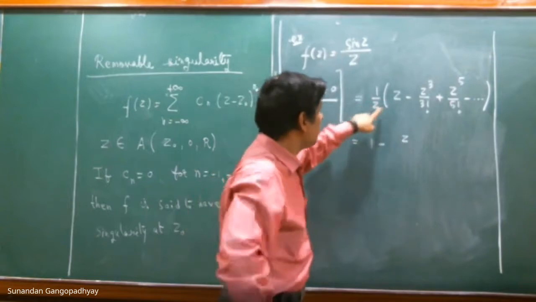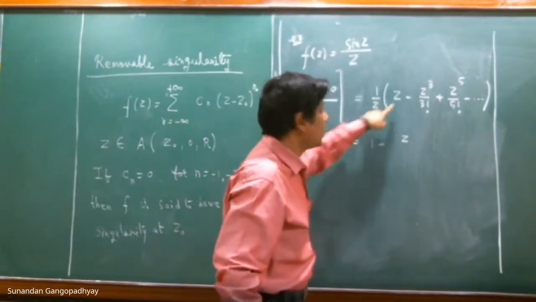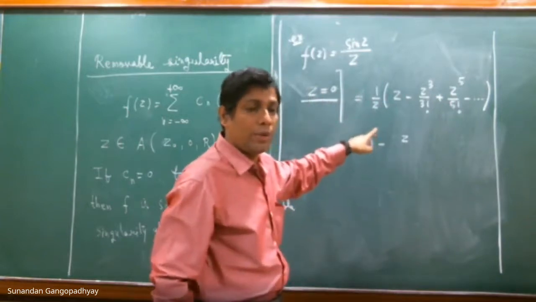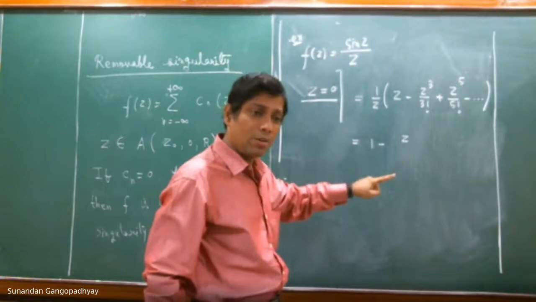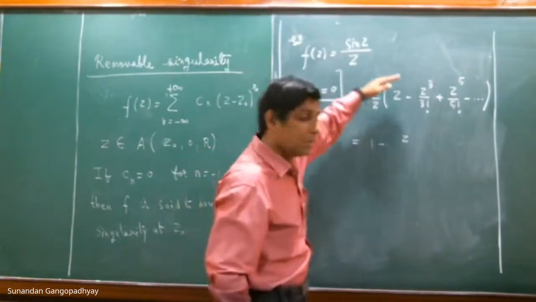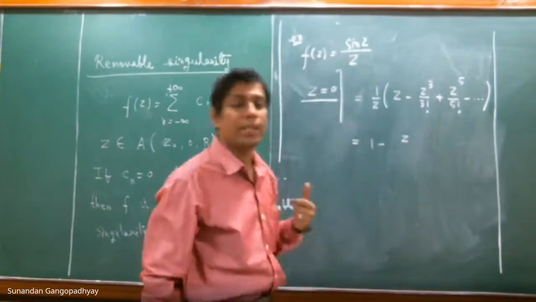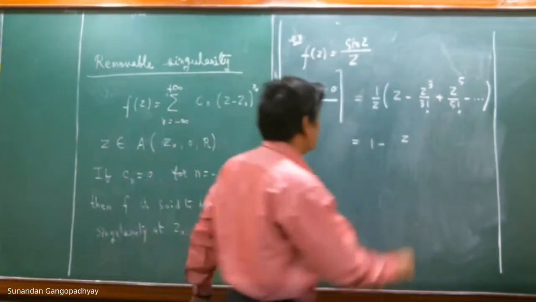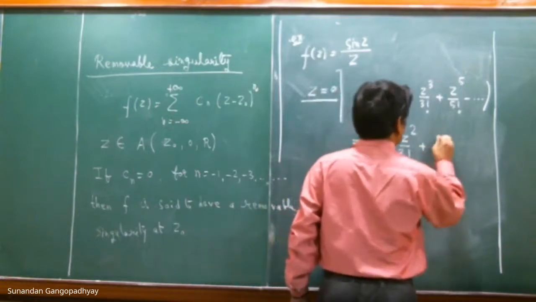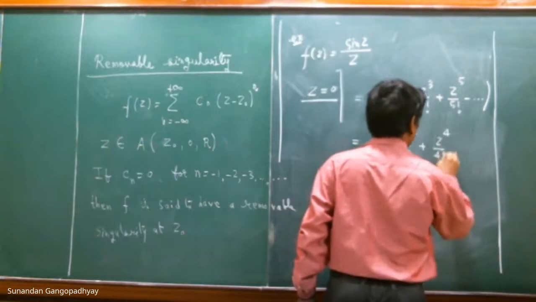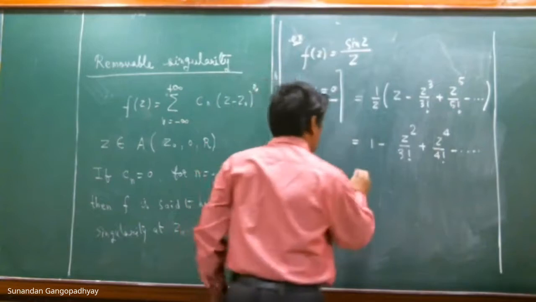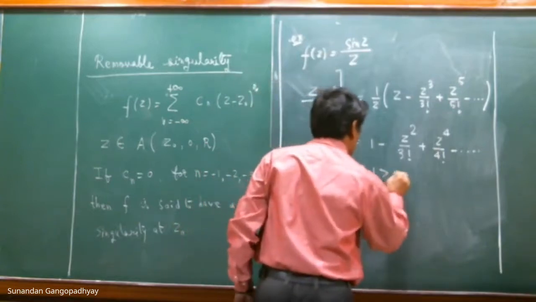Because you see here we are dividing by z. But division by z is only possible when z is not equal to 0. If z is equal to 0, then division by z is undefined because z is in the denominator. So what we do, we first divide it and then take the limit z tending to 0, right? So here what we shall get is this plus z to the 4 by 4 factorial minus 1. But this f of z, this expansion is valid for mod z greater than 0.